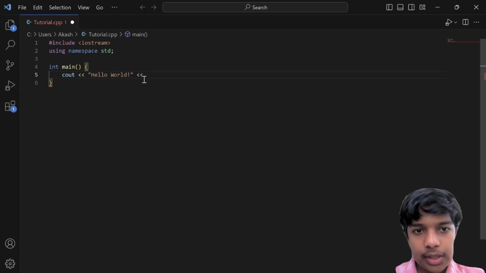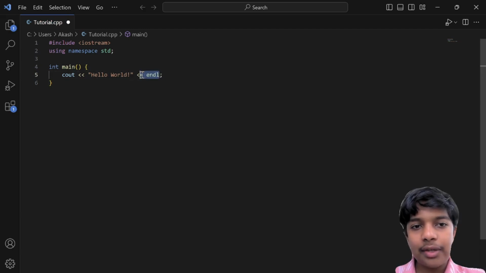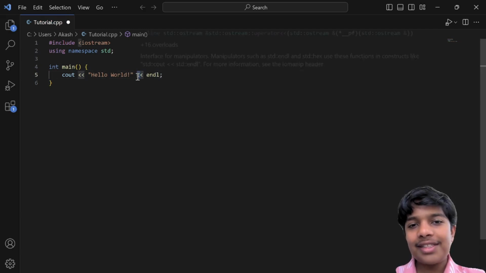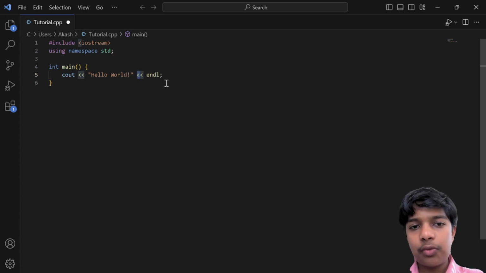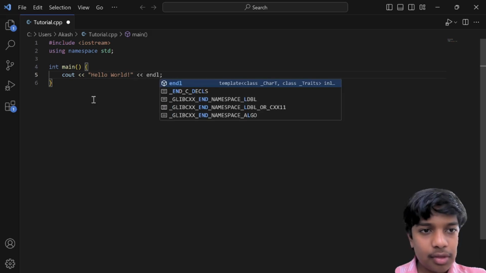and you just end it with an endl. Also, if you don't want to do the endl, it's usually just good practice to do it, but it's also for ending the line and moving on to the next line. So it's also okay to end with just a semicolon, right? But I just like to use endl. Okay, so we have